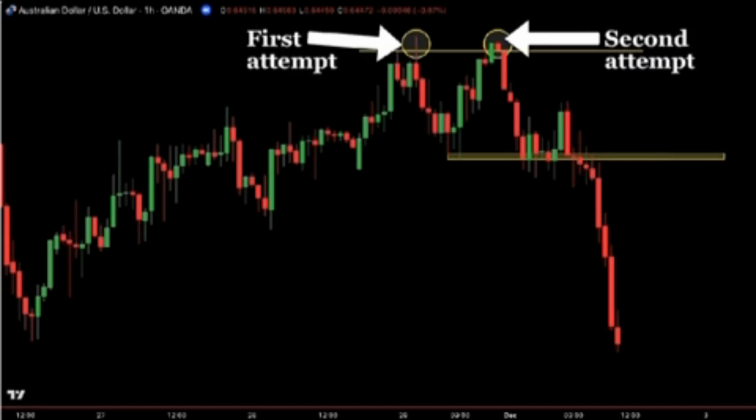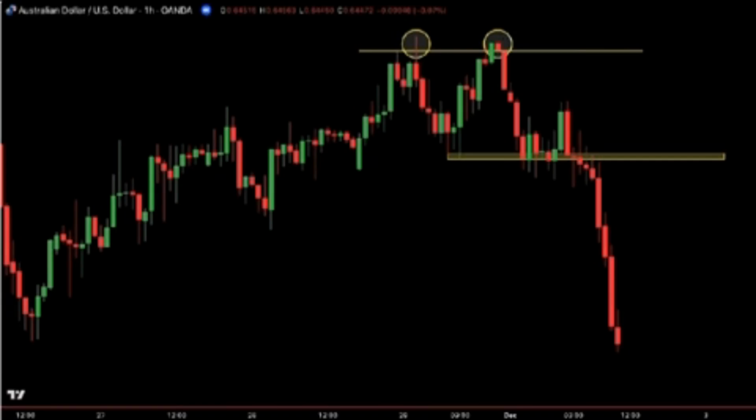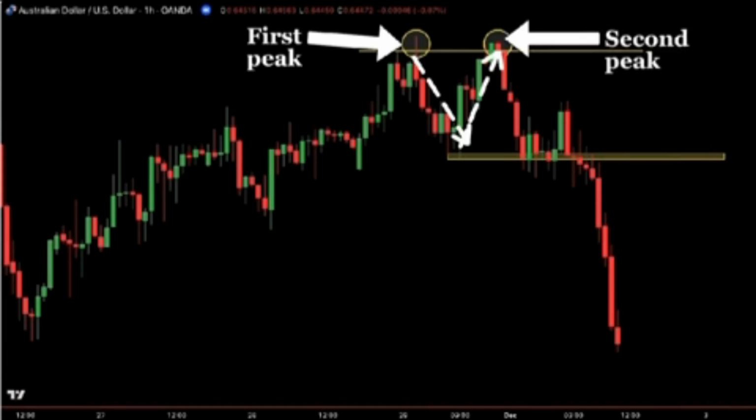A valid double top consists of three key parts. First peak: price moves up and hits a resistance level. Pullback: price drops slightly, but then makes another attempt to go higher. Second peak: price reaches the same resistance level but fails to break through, showing weakness. When price breaks below the low between the two peaks, the pattern is confirmed in a strong resistance level and after a clear uptrend. It signals that buyers have tried twice to push price higher but failed, which can lead